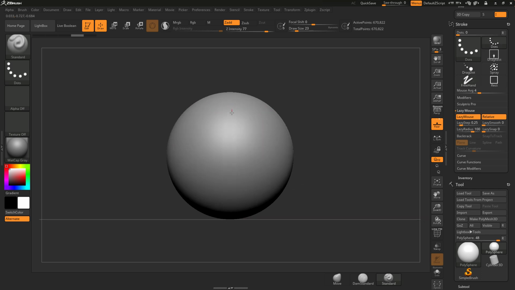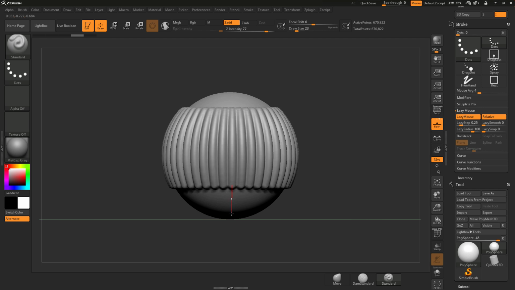Now, as we begin to draw down the surface, once the lazy mouse line, the red line here, is activated, we can press the shift key, which will lock this to 90 degrees. And now as I continue to drag while holding shift, this will complete the stroke or allow me to continue to pull this stroke down. And when I want to apply this to the surface, keeping my cursor down on the canvas and letting go of shift, and you'll see that this is continuing to apply that stroke,